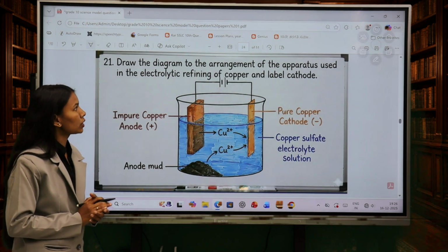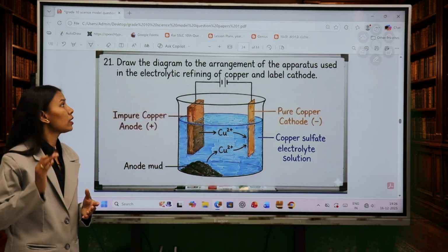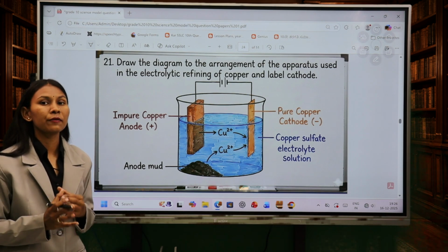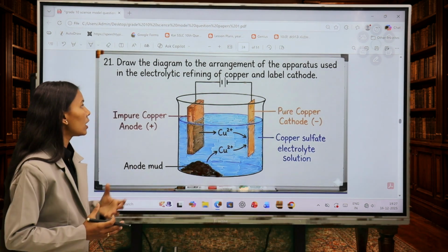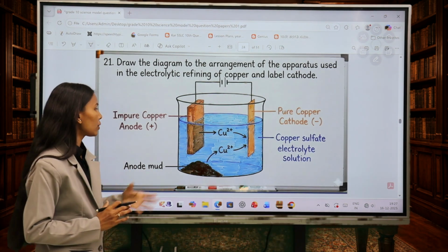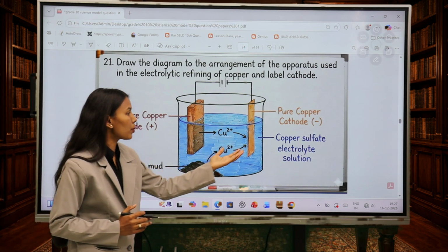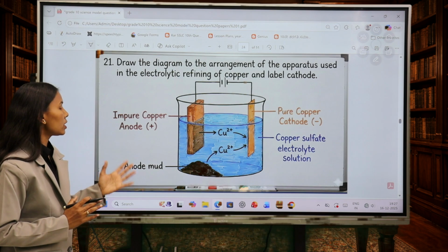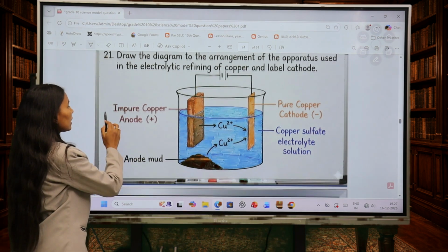Draw the diagram of the arrangement of the apparatus used in the electrolytic refining of copper. So we are refining the copper with the help of electricity, and label the cathode. As you can see in this experimental setup, there is a solution, that is copper sulfate electrolyte solution. So what happens once the electricity is passed, the impure copper present at the